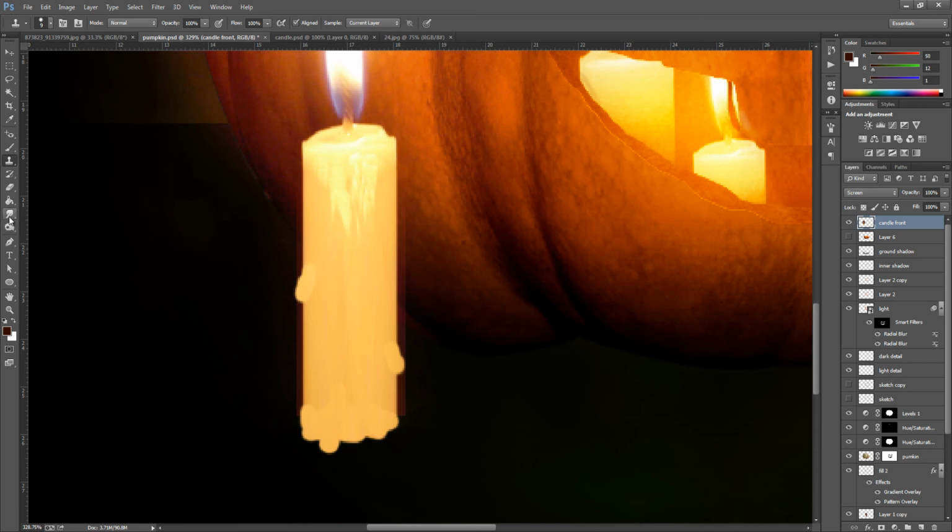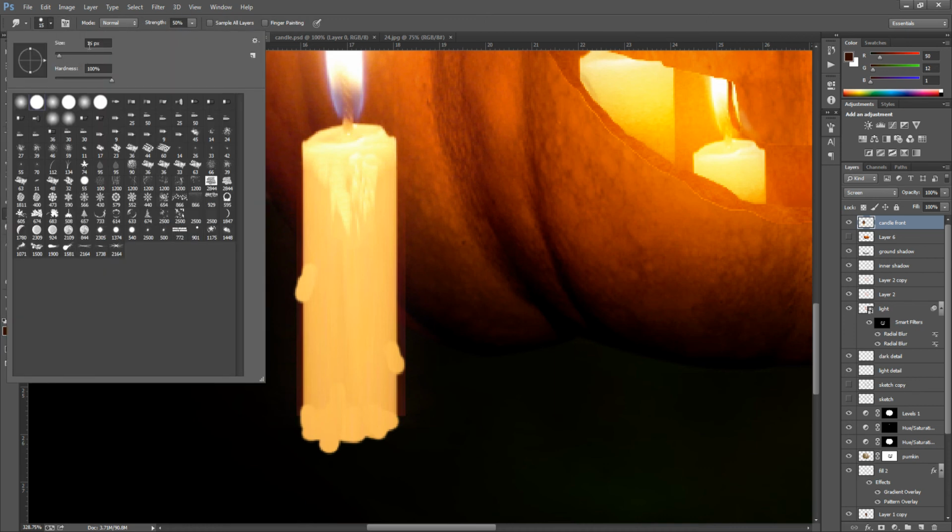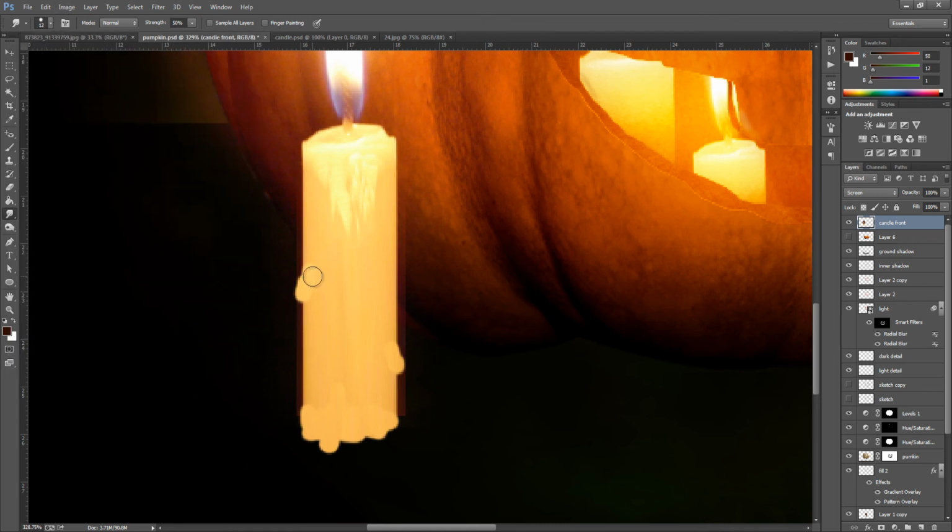So go to your smudge tool, that's on the left hand side, and we're going to go and change the brush size to around about 12 pixels for this, should do. And all you want to do is just smudge it upwards, just so it looks like a drip, so nothing too much. And we're just going to go and smudge these down so it looks like it's dripping like that,